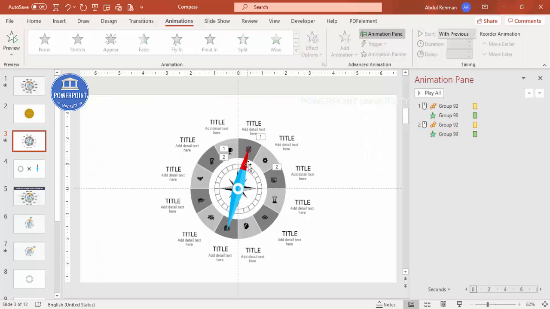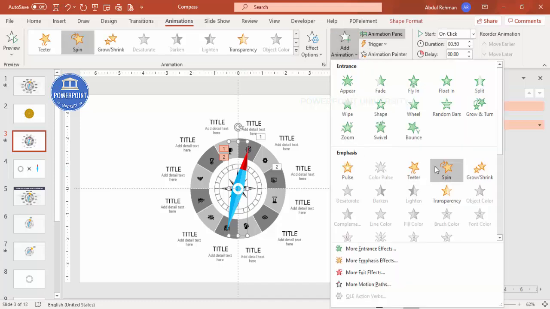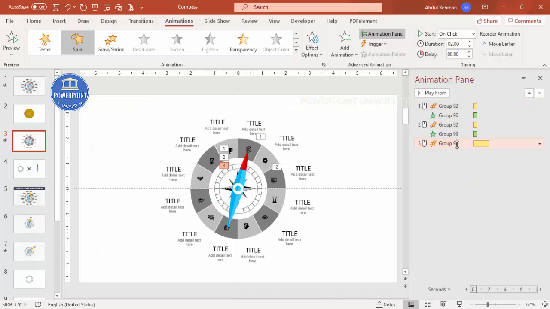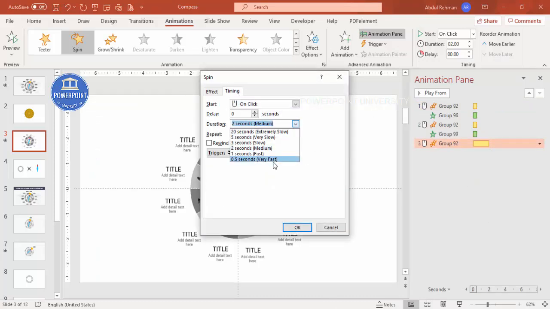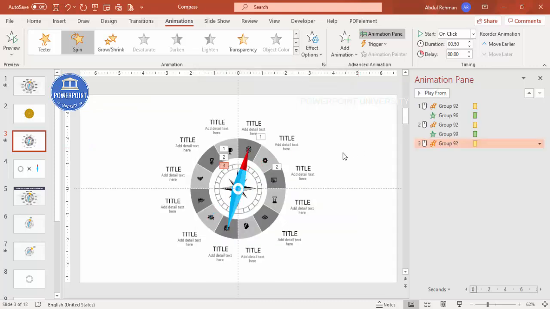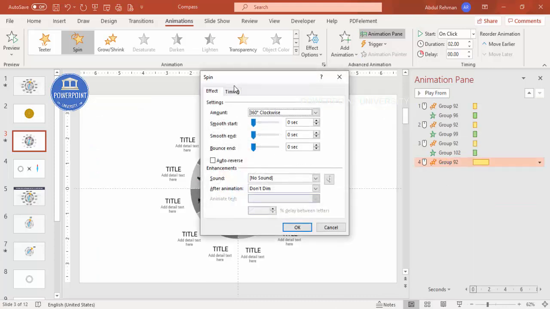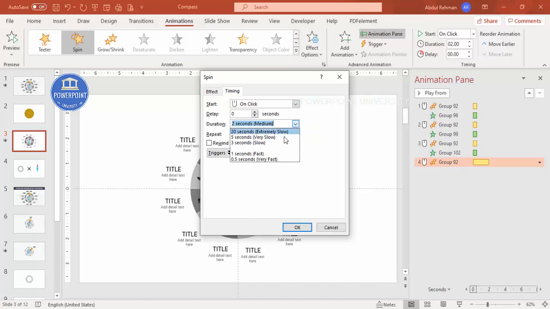Okay, then again the third time, again I have to do the same thing, add animation, go to emphasis, spin, one more animation added, double click, again timings, make it very fast. Again here make it 30 degrees and press the enter key, increase the bounce end, you can see here, and click OK. So now the animation of this one, I need to copy it here. Let me just show you last time. Again, I'm going to select this, add animation, emphasis, spin, double click the animation, timings, make it very fast,